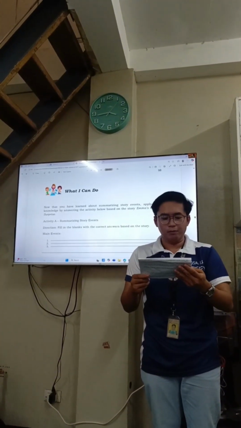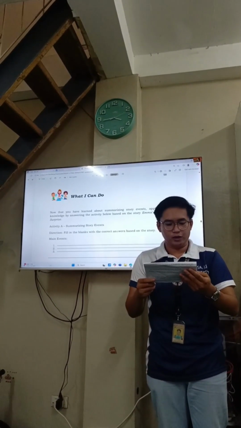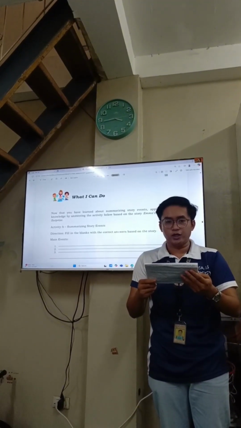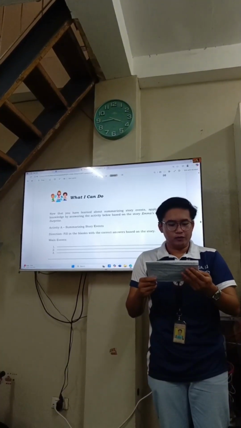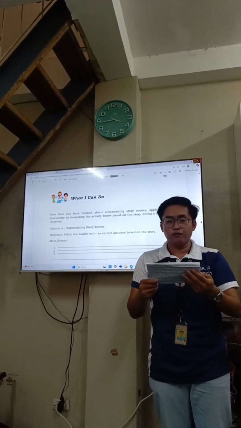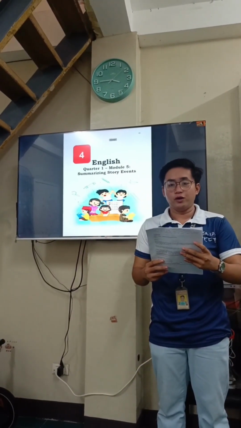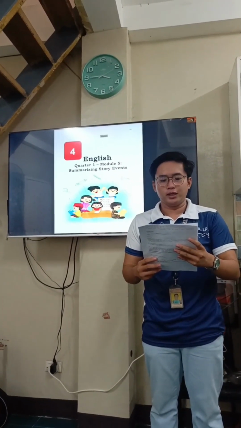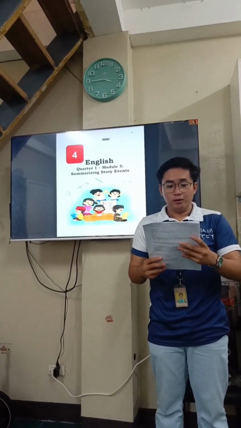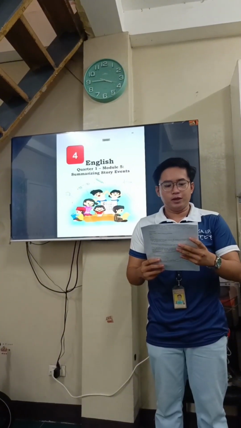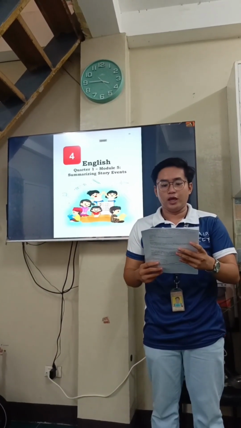To increase retention and mastery of the lesson, allow the learners to work independently on the rest of the activities in this module. Give clear directions, provide ample time for the learners to answer, and offer assistance to those learners who might have difficulty. To end the lesson, review the 4 steps of the reciprocal teaching strategy: predicting, questioning, clarifying, and summarizing. Remind the learners that by using this strategy, they can become independent readers who can easily understand and recall the important events in any story.